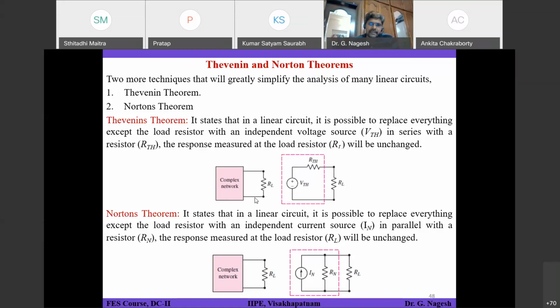So except that, the entire complex circuit that is present we are converting into a simple voltage source, called the Thevenin equivalent voltage, in series with the Thevenin equivalent resistance,